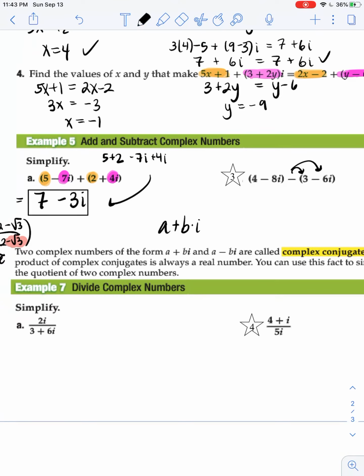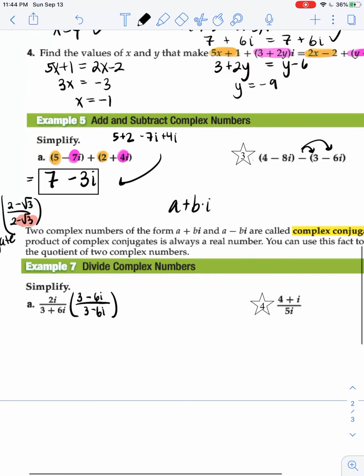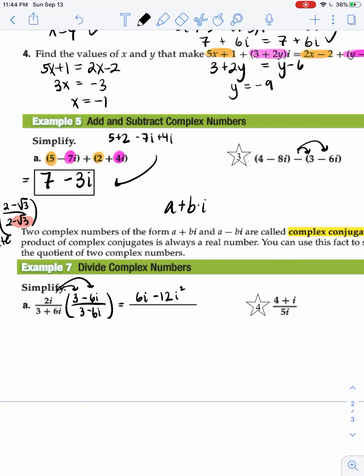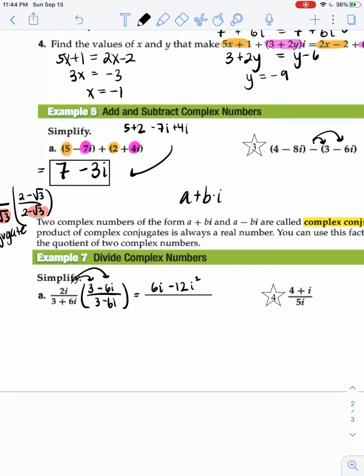So for part A, we're looking at this, and we're going to treat it just like we did if this was a radical, we want to get rid of that. So we want to get rid of the I. So to get rid of it, we're going to multiply by the conjugate, which is 3 minus 6i over 3 minus 6i. So that's 2i times 3 is 6i. Again, it works just like a variable. And then minus 12 times, we have I squared, which we're going to be able to simplify. And this is all over